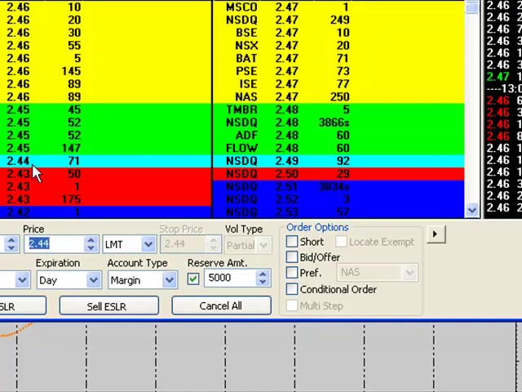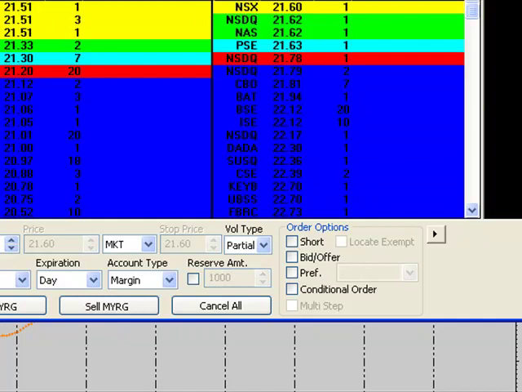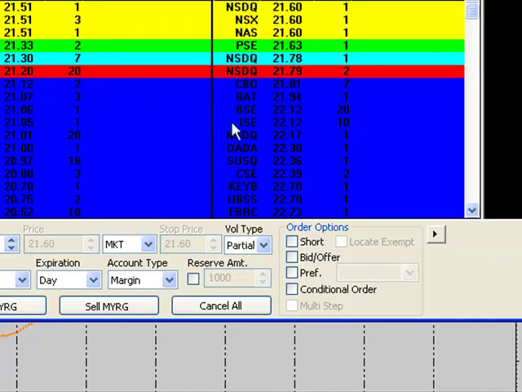Maybe it's a little bit more thinly traded. Let me just talk about what thin means for a minute. We'll change the stock. So MYRG, for instance, let's take a look at this one. Let's say I wanted to buy this stock. If I was to go in with 1,000 shares at the market, who knows where I'd get filled,